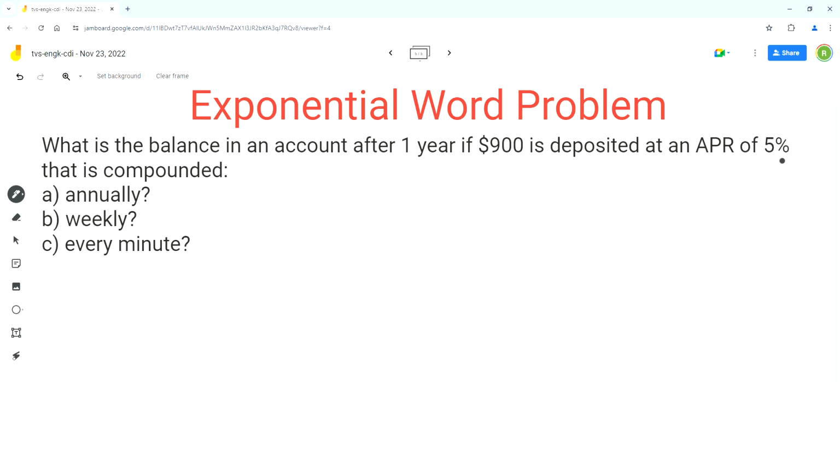annual rate of 5%. This is a case of growth because the value of money in that account will increase over time. We can use the formula for compound interest to solve this problem. The formula is